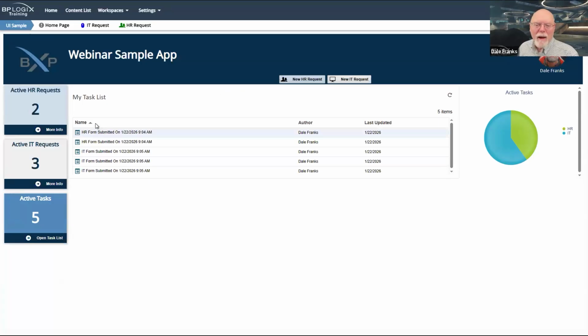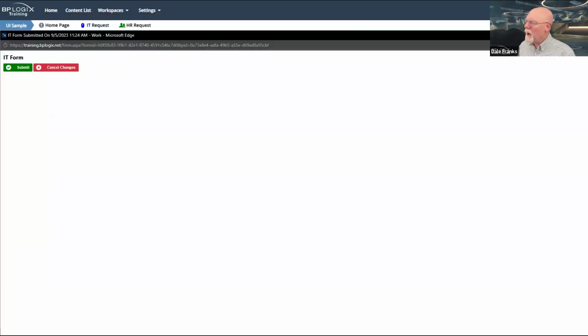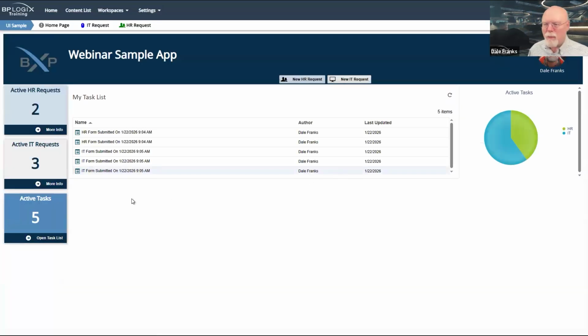And you can track the different types of requests. Oh, and in addition to these buttons up here, I also have HR and IT request buttons on the UI itself, so that again, if you click on it, it will open up the appropriate item to enable you to make a request. At the very top, I've just got a logo and some text.